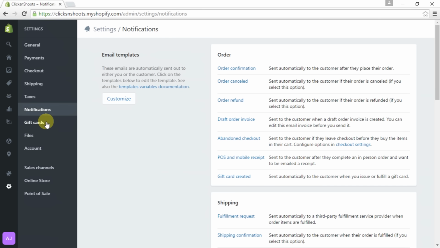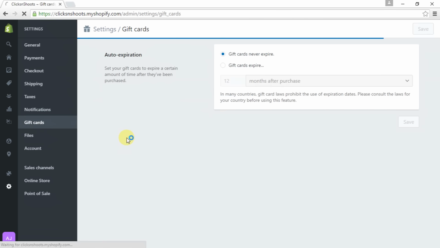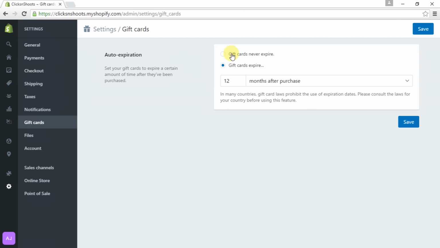The next setting that we want to probably look at is gift cards, right? These are cards that you probably want to have set up on your site that people can purchase, give as gifts, and then they can be redeemed once the customer wants to buy something from our website. Now, it says, gift cards never expire, or gift cards can expire in a certain time period. In most cases, you probably don't want to make it never expire. You probably want to choose something, how many months or days after purchase that it expires, because